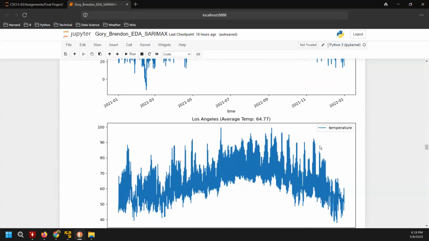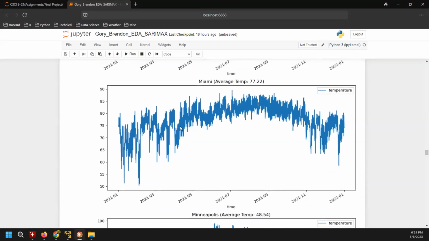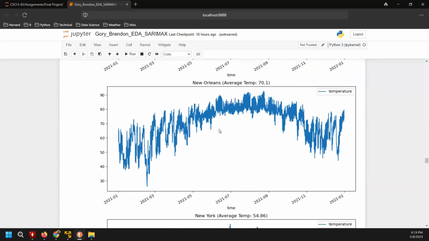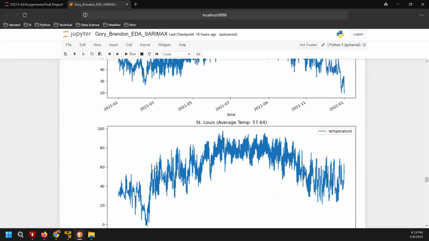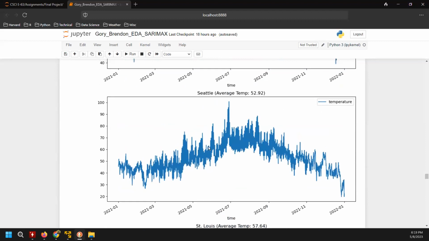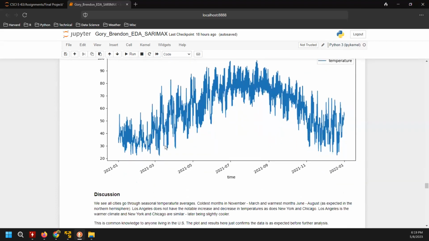But if we were to see one of those cities that were pretty temperate, like Miami, we see a pretty flat curve there. And again, that resembles the standard deviation. It was a low value, so we wouldn't expect to see very high peaks, we wouldn't see a camel hump as much. And here's San Francisco again, pretty flat, but when we look at Washington, D.C., we have more of that distinct curve.